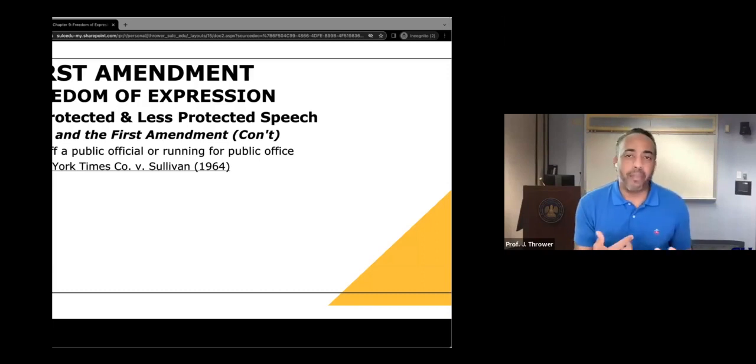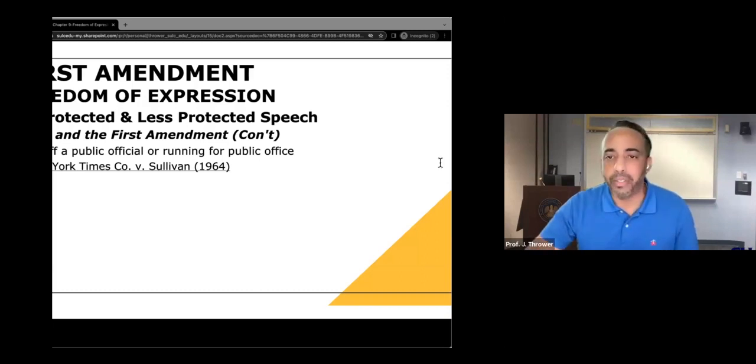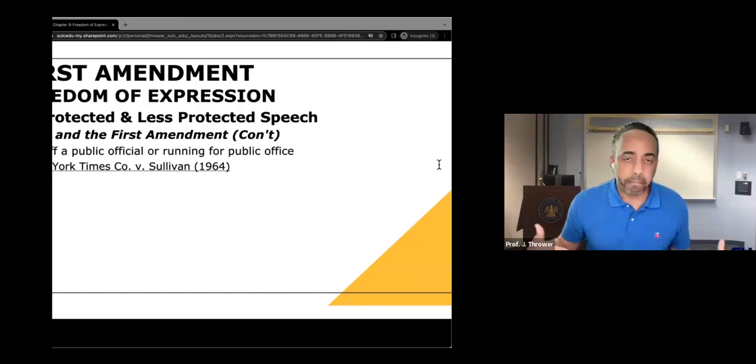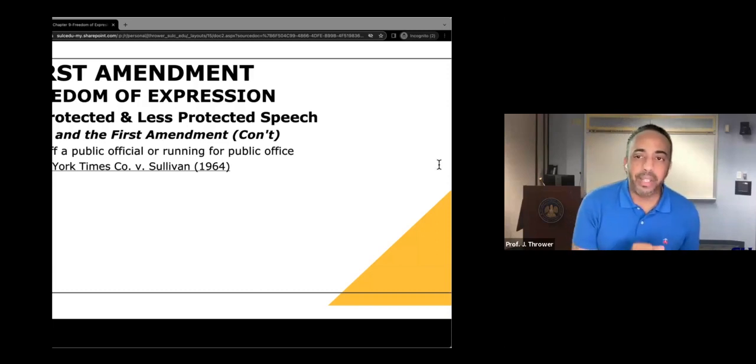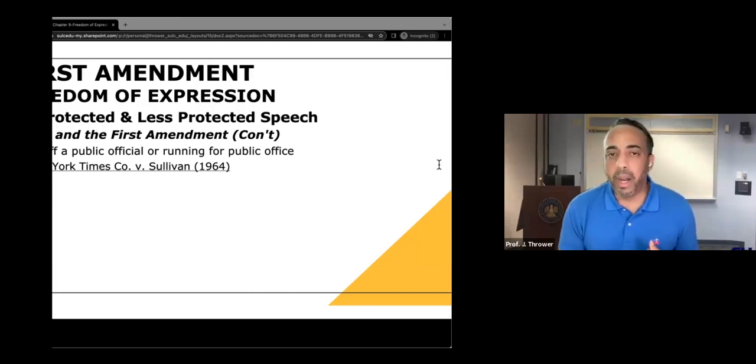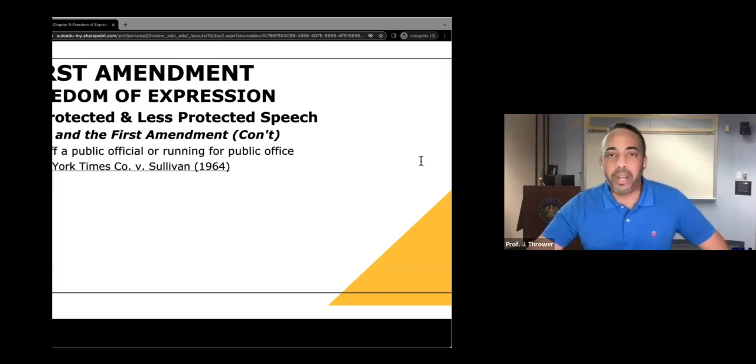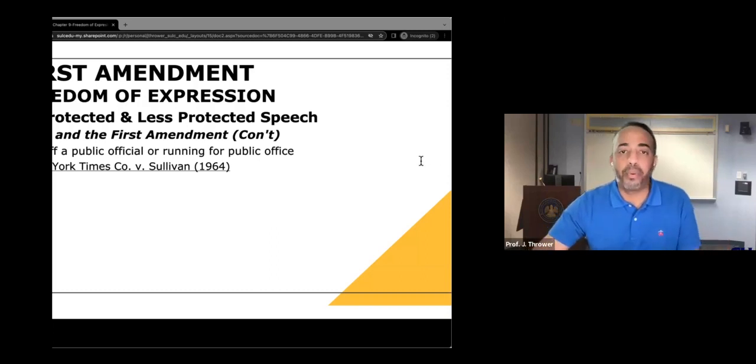As a result of the advertisement, police responded with violence to peaceful protests by demonstrators, one of which included Dr. Martin Luther King Jr. So some of these statements about the events were not exactly true. And so the trial court took up the issue and found in favor of Sullivan and awarded Sullivan $500,000 in damages, right? And the Alabama Supreme Court affirmed this award.